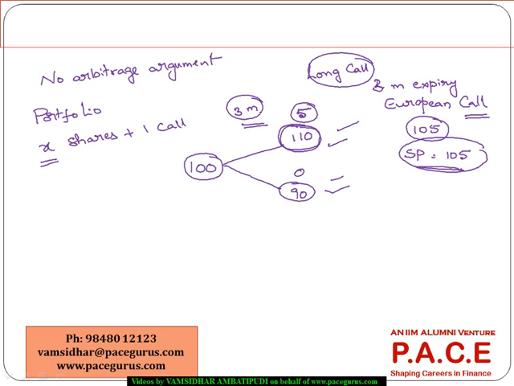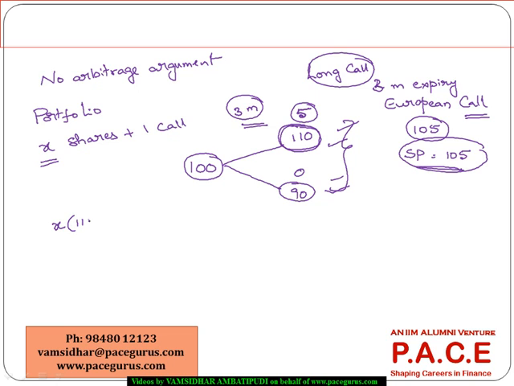The portfolio is created in such a way that there is no uncertainty of the position at the end of 3 months. So if the share price goes to 110, I have X shares,